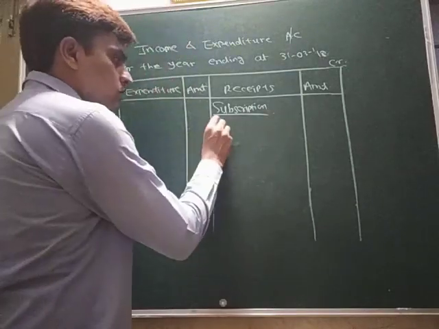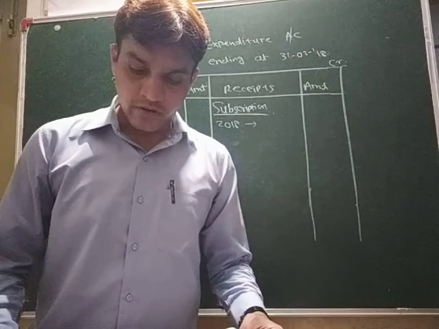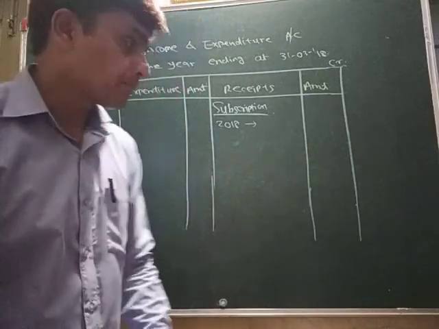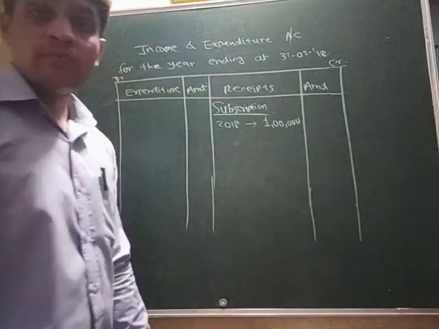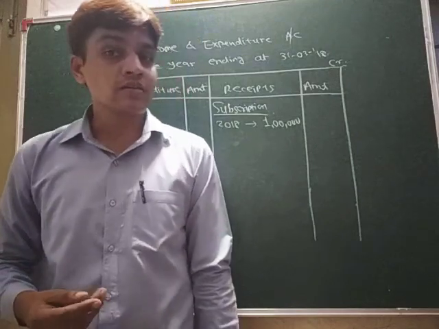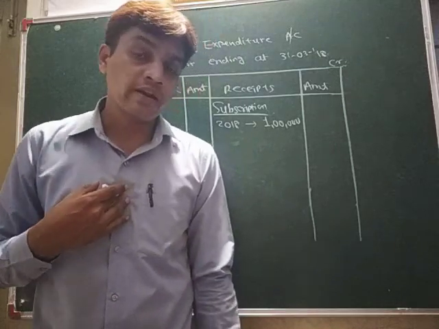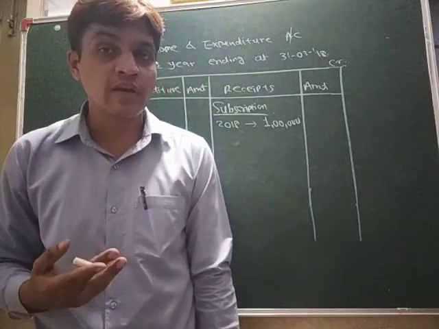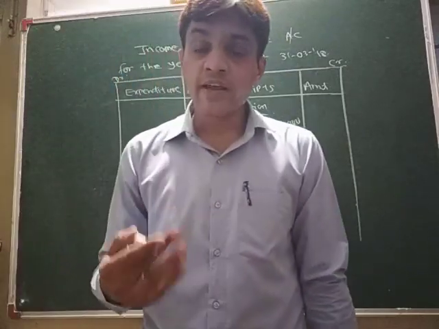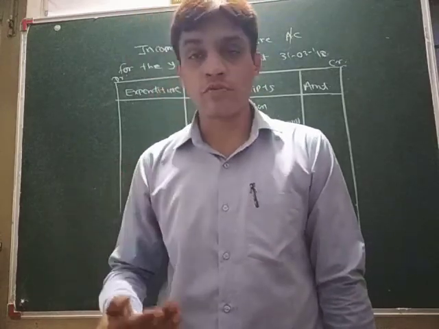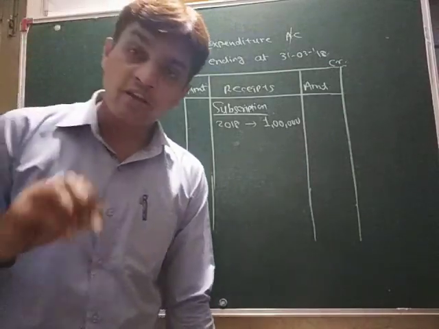So how much is the 2018 year subscription given? It is given as 1 lakh rupees. We will write it here in the inner column, because there are some outstandings and some advance received. That's why we have confusion about what the total amount of subscription to be received in the current year is. That's a very big question for us, and that's why we have to go through this process. So we have written the current year subscription in the inner column.